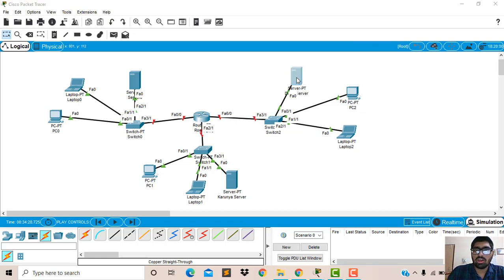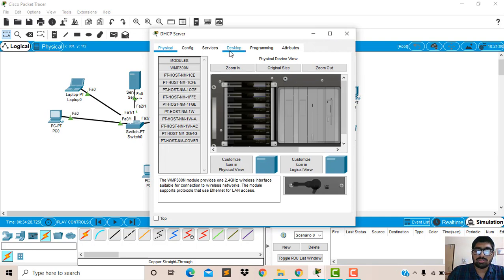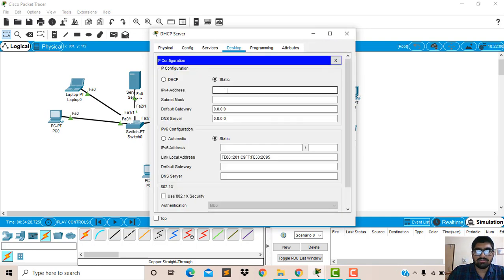Now let's see how it automatically gives the IP address. Now I am assigning the IP address for the server. The default gateway I am giving is 192.168.30.1.